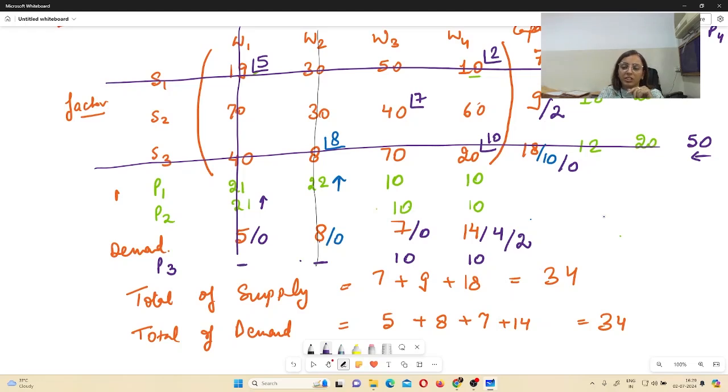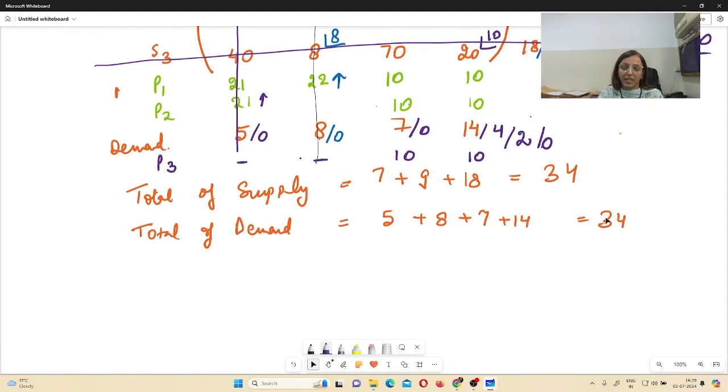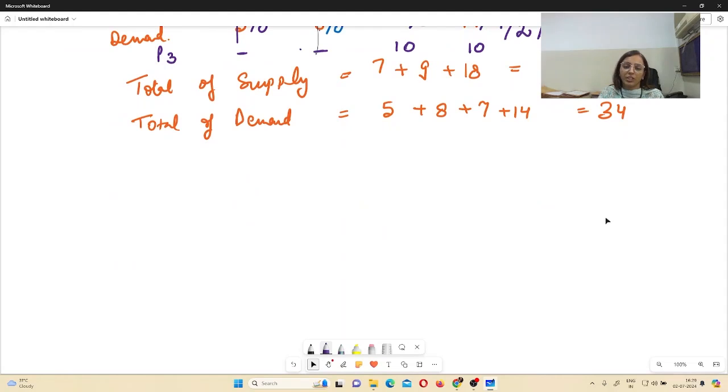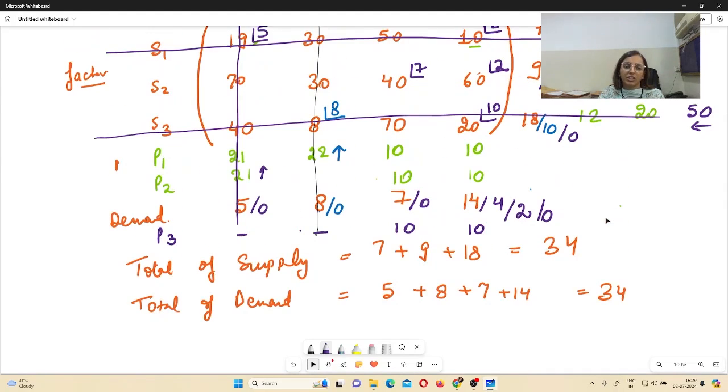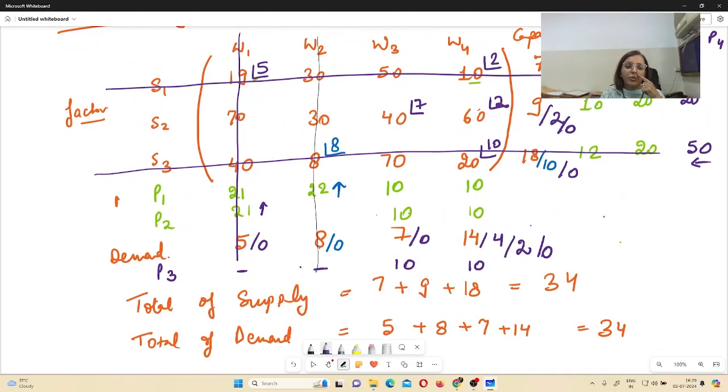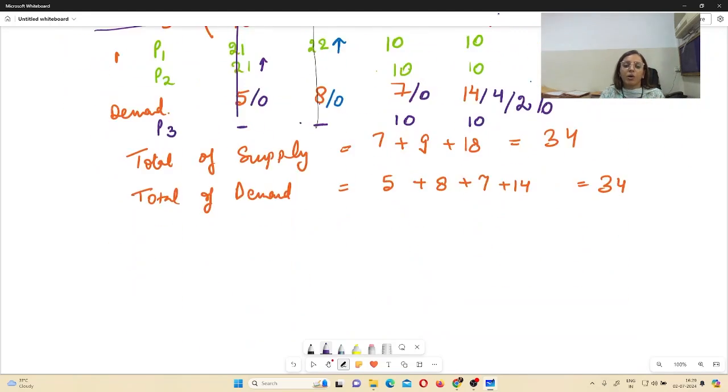Now the last process is to find out the total initial feasible solution, in the same scenario, by multiplying the units with their cost price. Like from S1 to W1, how many units are transferred and how much is the cost. From here you can have a look: from S1 to W1, 19 into 5 units, so we will do 19 multiplied by 5. From S1 to W4, how many units are transferred? 10 into 2, that is 20. From S2 to W3, that is 40 into 7, that is 280. From S2 to W4, 60 into 2, and so on. With this process, we will find out the total